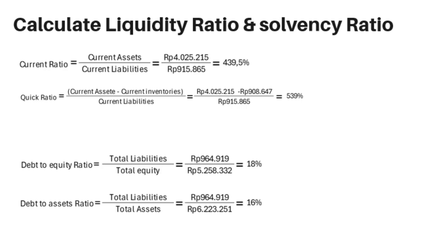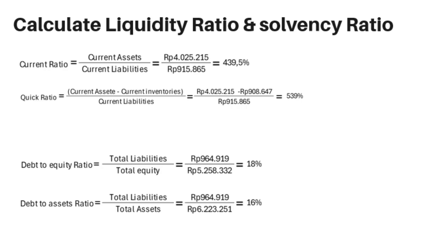After that, you can calculate the quick ratio. Quick ratio is calculated by subtracting inventory from current assets, then dividing by current liabilities. For Cimory, the quick ratio is 530%. So that is the liquidity ratio. For the current ratio, a higher ratio indicates a stronger ability to pay short-term debts. And the quick ratio shows a company's ability to pay short-term debt without relying on inventory sales.